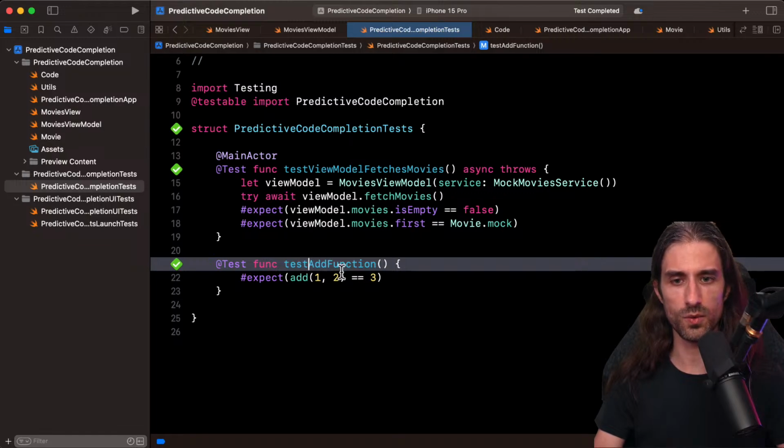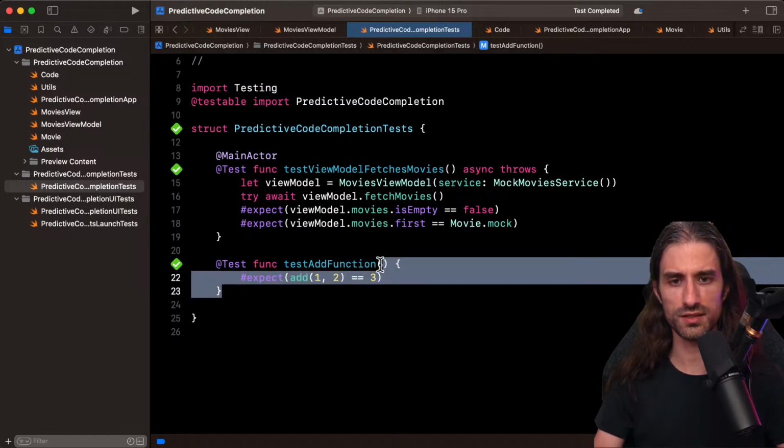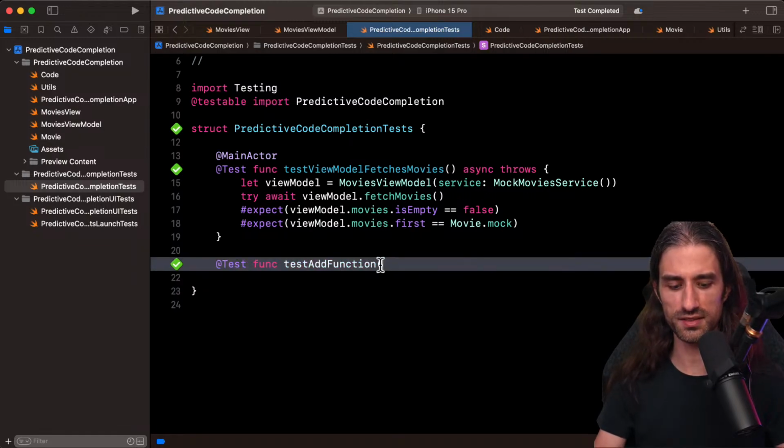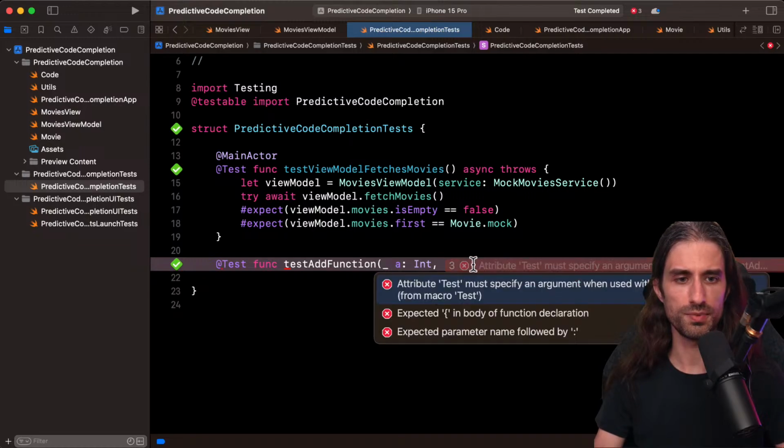So we have this one, but now I'm going to change it. I'm going to start writing, for instance, A, like that. And let's see if it's going to generate something else. Will it suggest... Yeah, then you must specify arguments from the macro test. Okay.